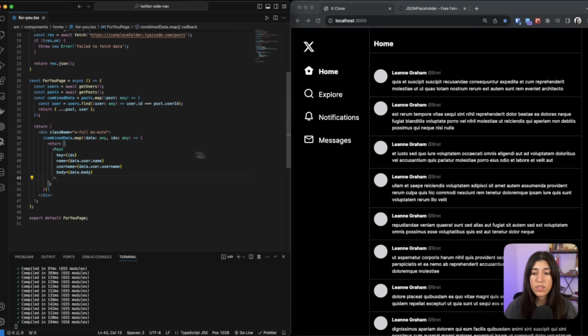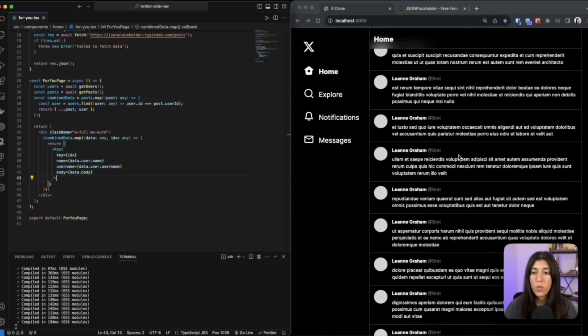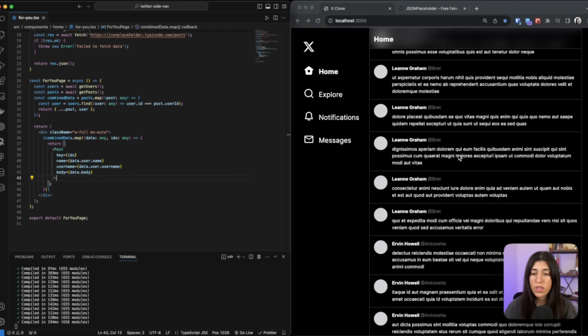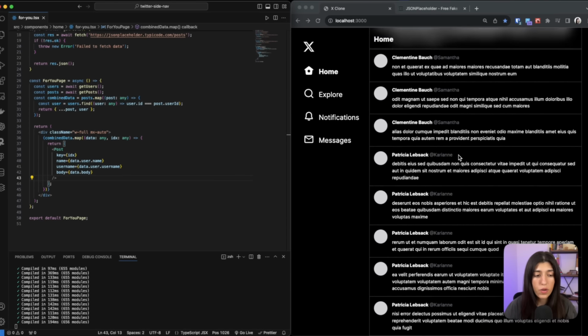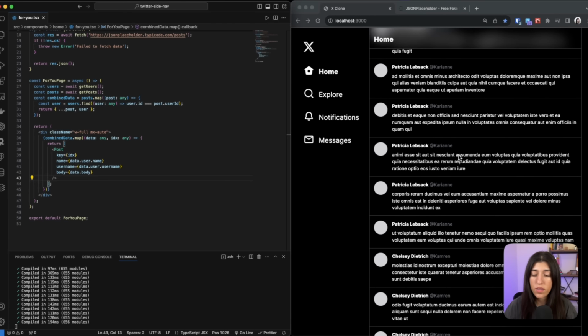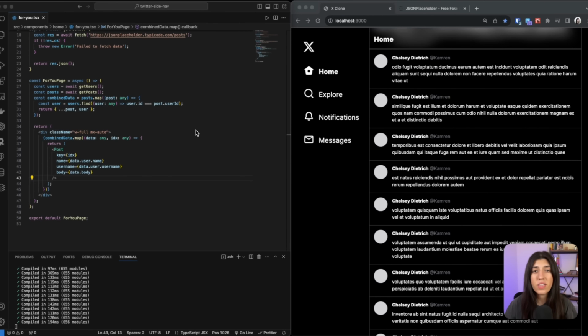So now you can see the data has shown up on the right side with the user and the specific data within it. You can see we have different users. So this is a great way for testing with dummy data, and that's how you get data on the server using Fetch. And those are a few reasons why I've been able to build 10 times faster using Next.js.